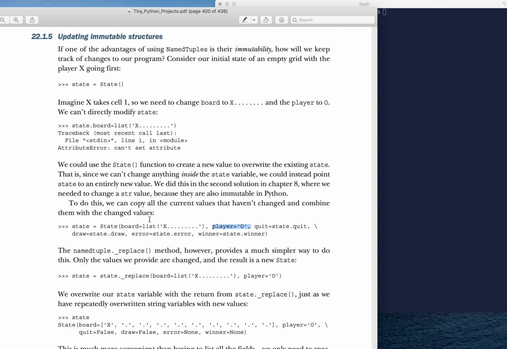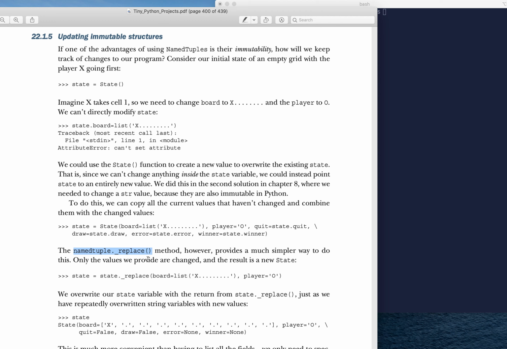We're setting the board to be the new version of the board, we're setting the player to be O, and we're going to set quit to be equal to whatever is the current state of quit. It's because we're not changing those values, so they're just going to be equal to whatever is the current value. What's nice, though, is that named tuples have this built-in underscore replace.